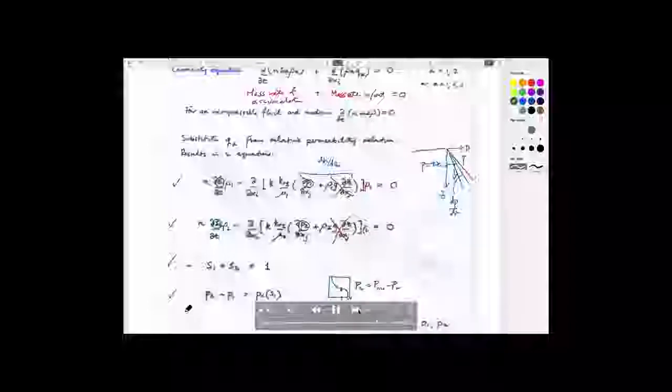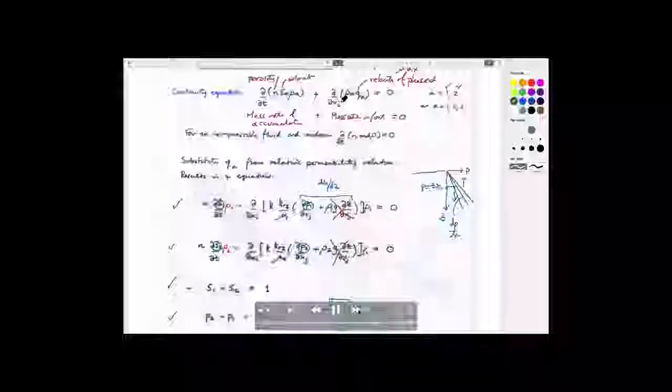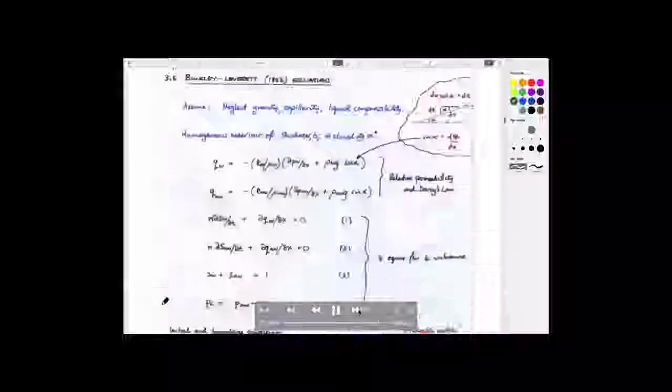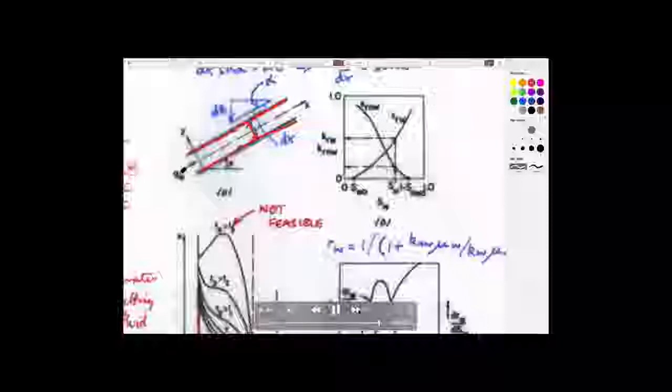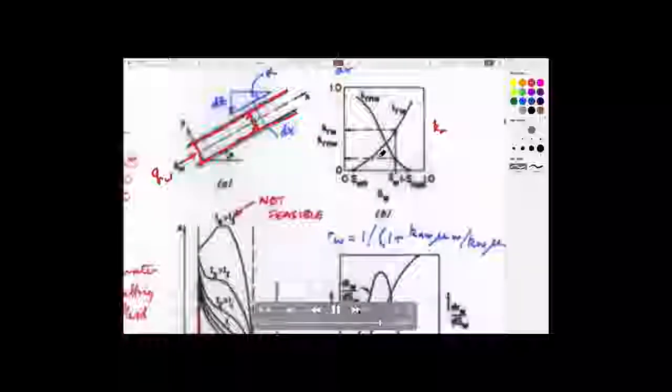So there are 4 equations we have, and we have 4 unknowns. We have a saturation of fluid 1, saturation of fluid 2, pressure of fluid 1, and pressure of fluid 2. We can solve it, and if we solve it, we end up with a solution